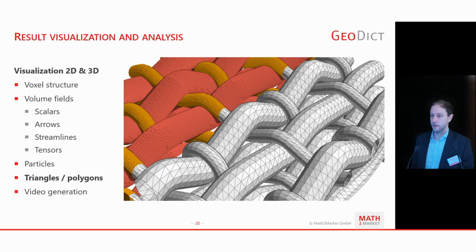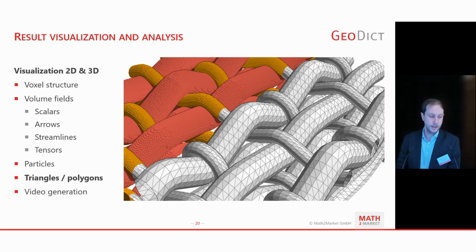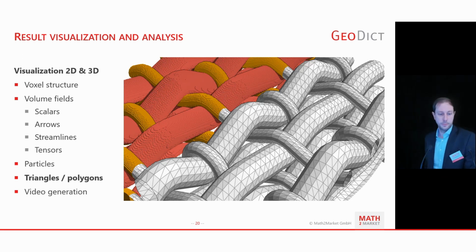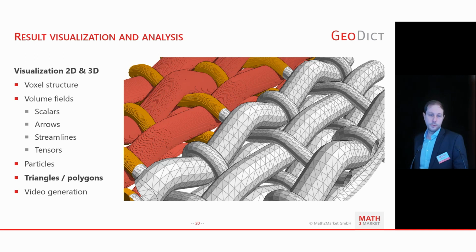Importing and exporting of CAD files comes with importing triangles or polygons. Those can surely also be visualized, as you can see here. As an example, I exported some weave structure. So you can see on the left side there is the voxelized structure, and on the right-hand side you see the mesh that has been exported. You can surely check its quality simply in our 3D viewer.